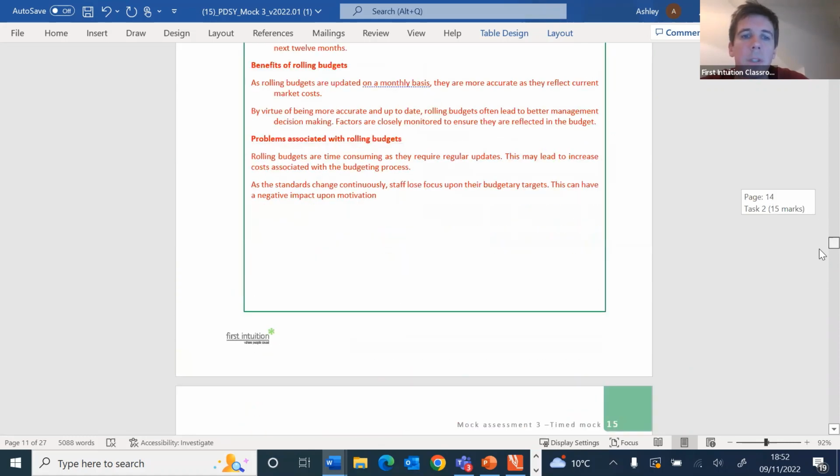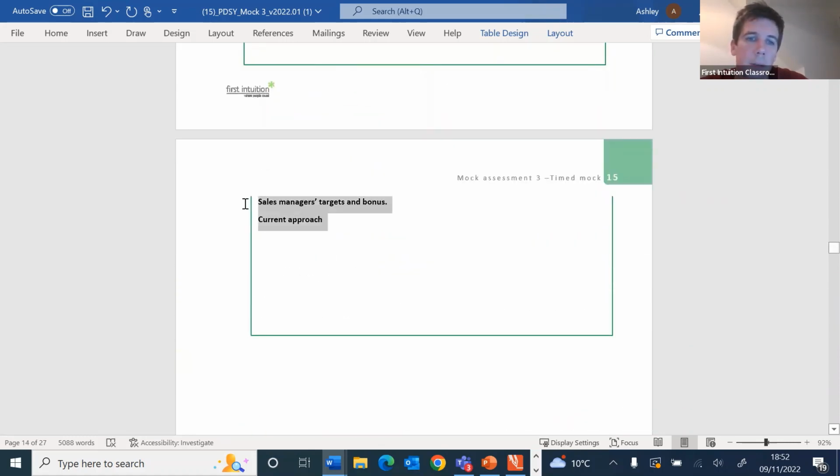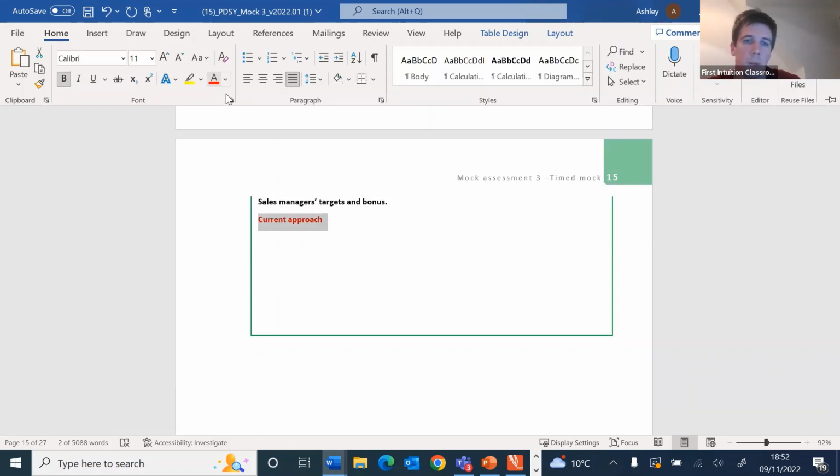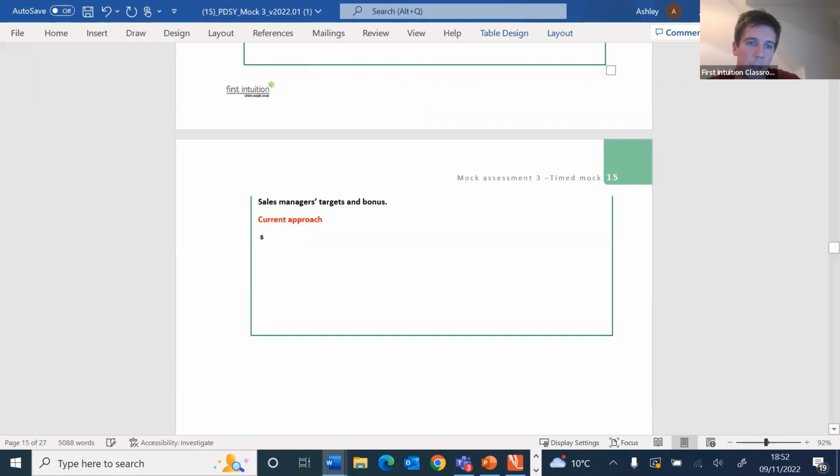Okay, so I would start off by saying, trying to drag my points out as much as possible, something along the lines of: issue with the current approach is that it appears relatively easy to achieve the lower target,